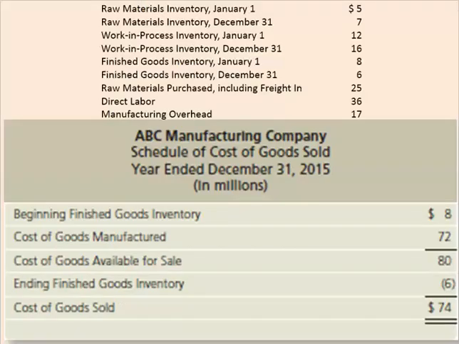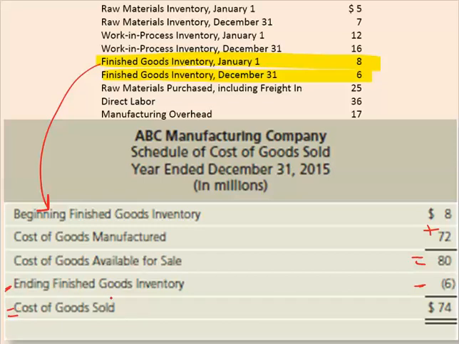Same information, start with the beginning finished goods inventory. Well, beginning finished goods inventory is given to us right here, $8. So we just carry that on down then. So beginning finished goods inventory is $8. Cost of goods manufactured from our cost of goods manufactured schedule was $72. Add those two together and we get cost of goods available for sale is $80. Then subtract our ending finished goods inventory, which is why that's a negative, and that is given to us right here, and that gives us cost of goods sold